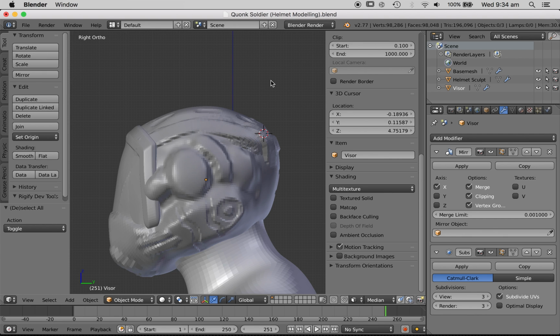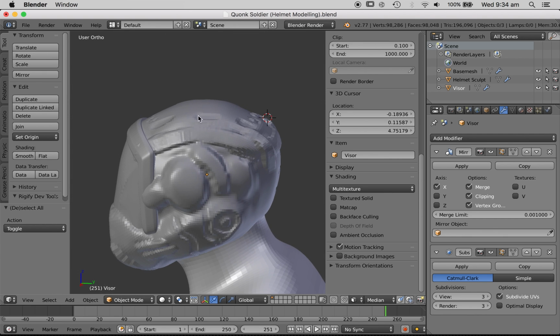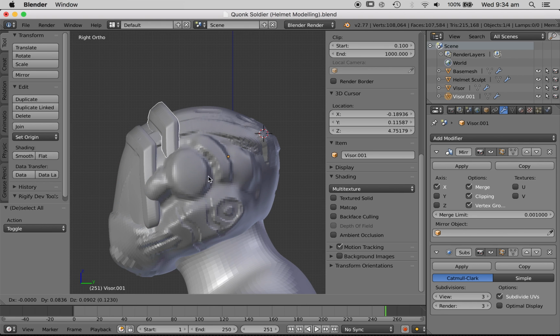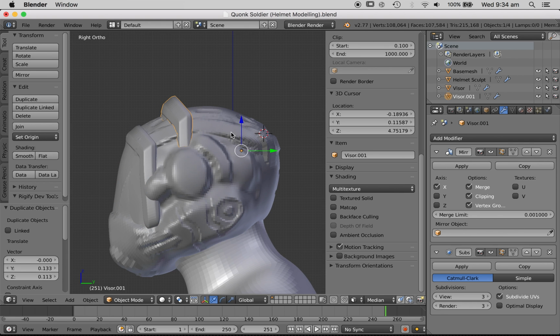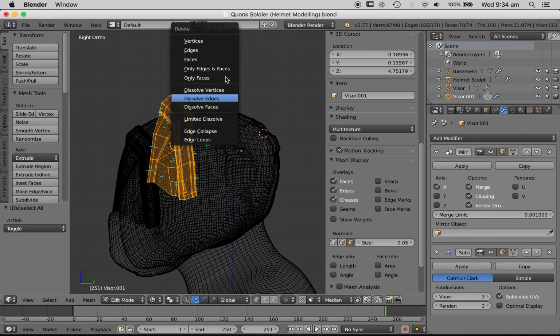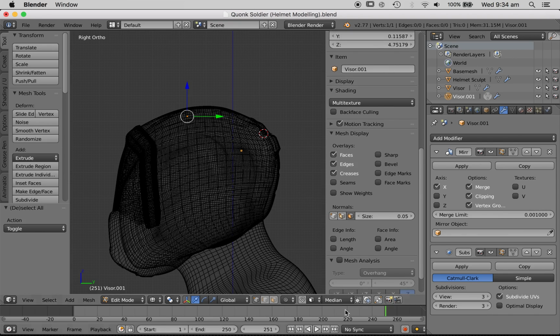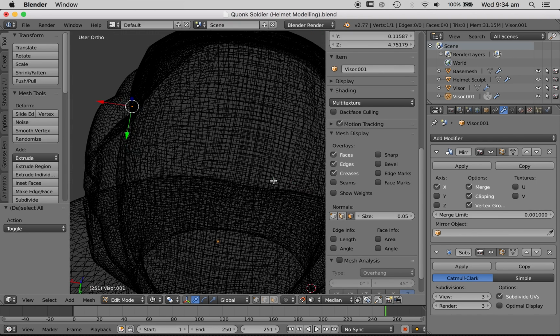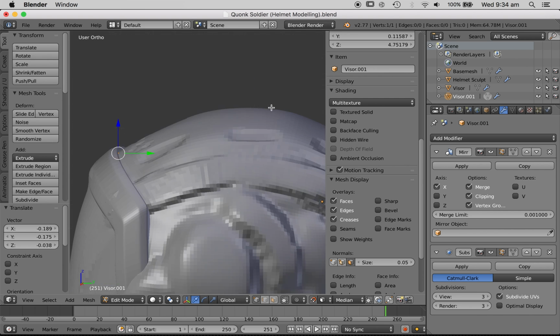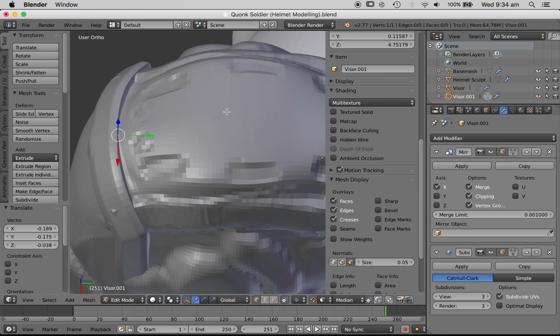Now, let's make the plating for the helmet. First, we'll duplicate the visor with Shift D, drag it over to about there, then we'll tab into edit mode, and we'll delete all but one vertices. So, we'll grab that, turn on magnet mode, place it here, make sure clipping is turned on,